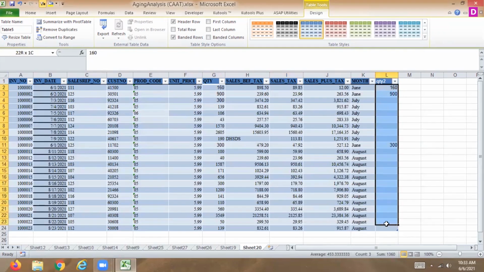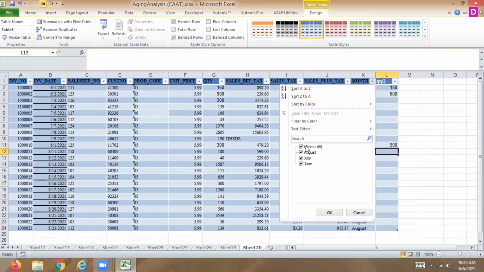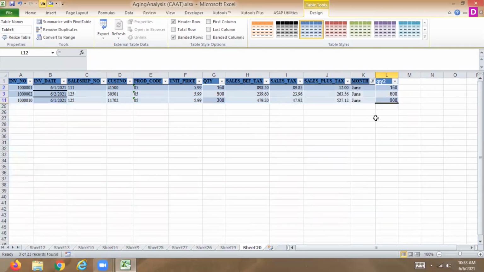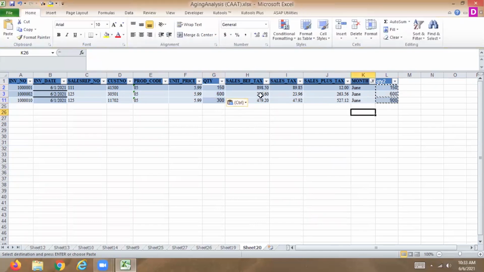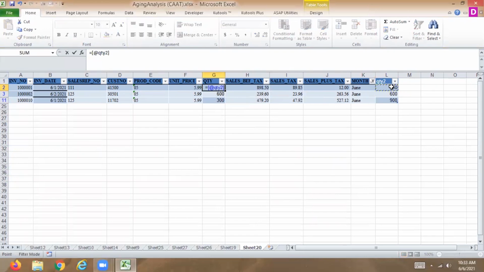We will select particular values on the quantity and the price. For example, this is 150, this is 7600, this is 900, and we will go only for the June value. Then copy this value, and if we paste it here, then the two values are pasted. Otherwise you can easily give a reference. If we give the reference value here,